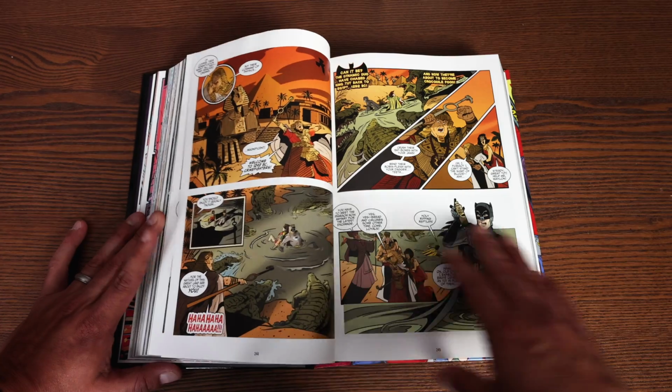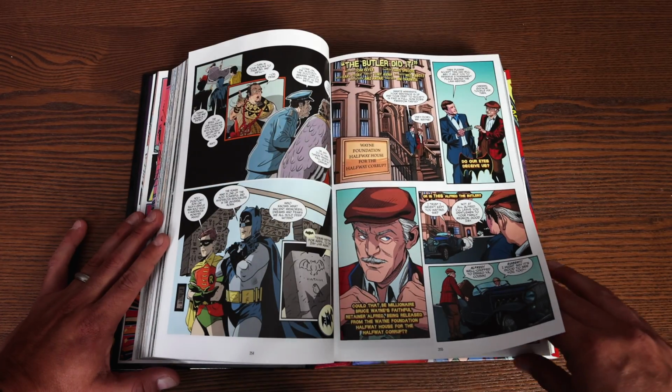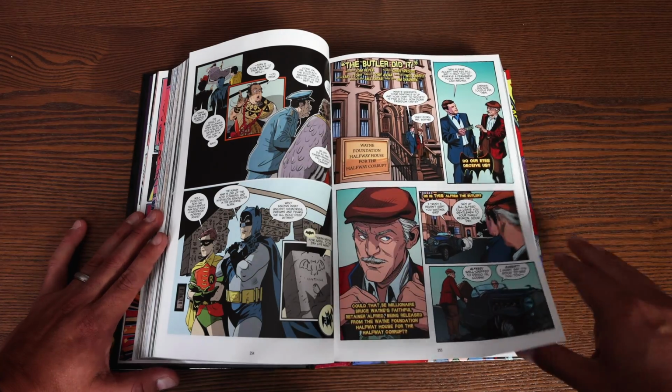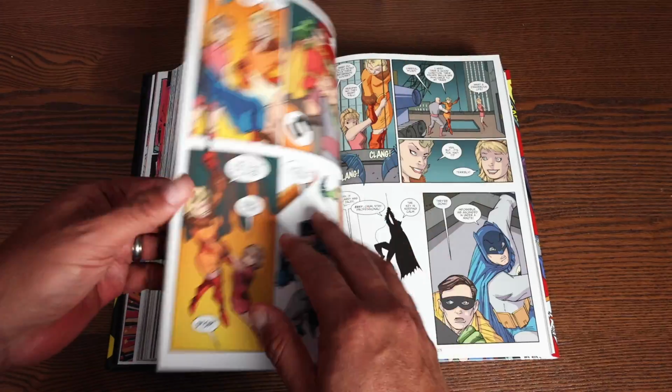It's the King Tut issue right here. But not only King Tut, is this Egghead? Yeah, this is the Butler Did It story. So, like, each issue has, like, 2 different stories in it. And